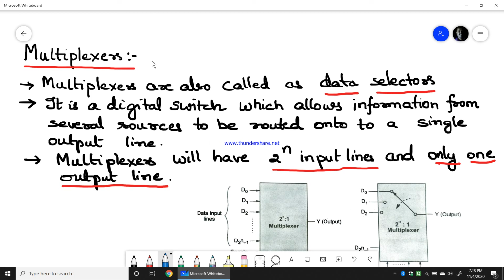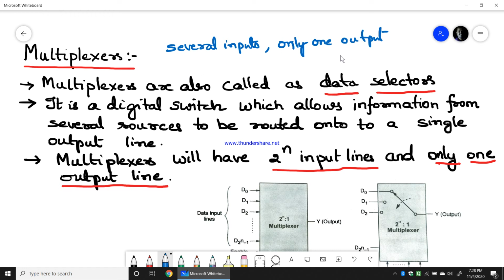So normally, multiplexers will always have several inputs, whereas they have only one output.